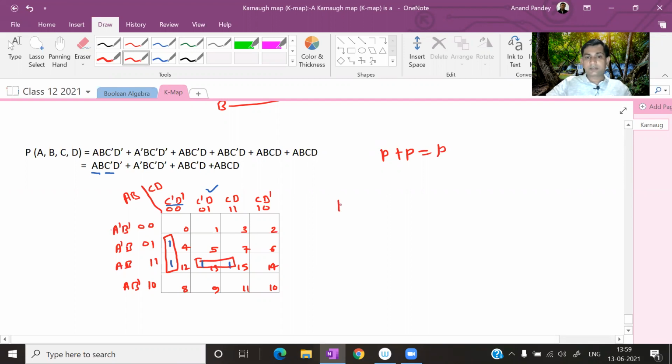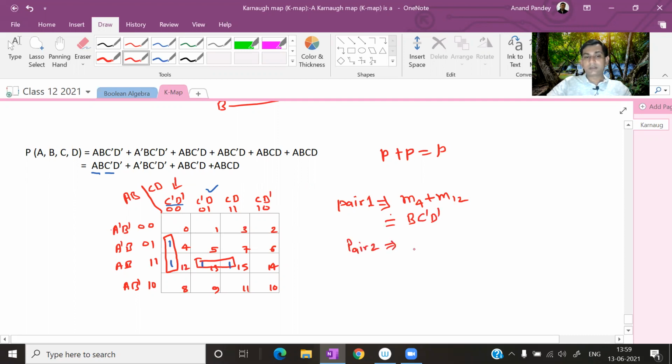Okay. So by solving it, pair 1 is the case of SOP, so we mean min terms, small m4 plus m12. From the pair, what will we get? See, this is acquiring two rows, A dash A, so the state changed, so A will be removed, and B and B will remain. So from the row we are getting B. And you can see it is acquiring only one column, so that will be written as it is, so C dash D dash. Pair 1, like this. Pair 2,